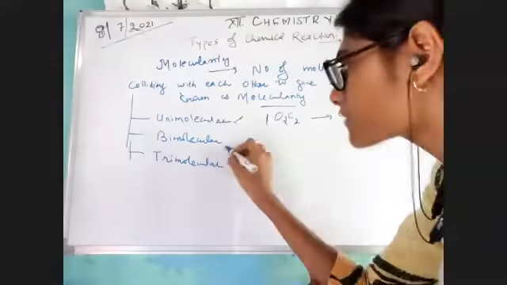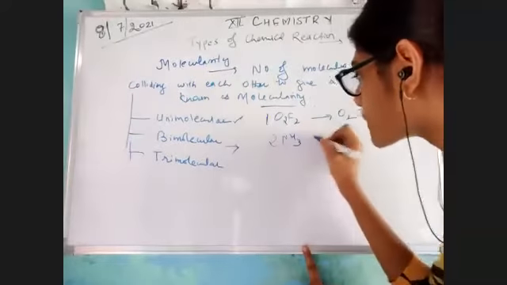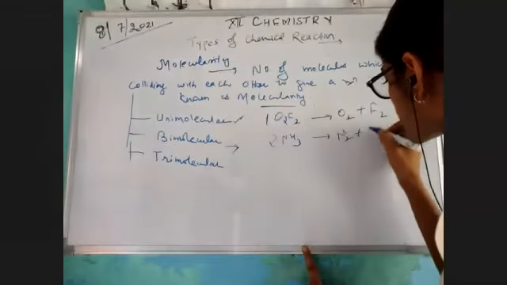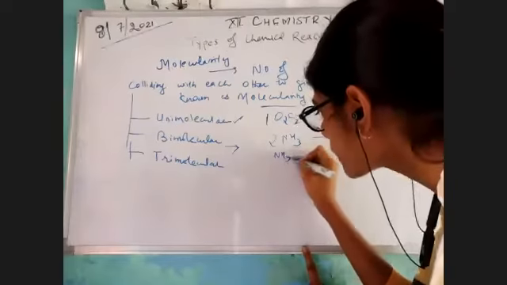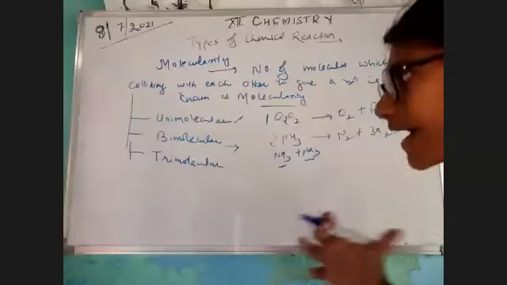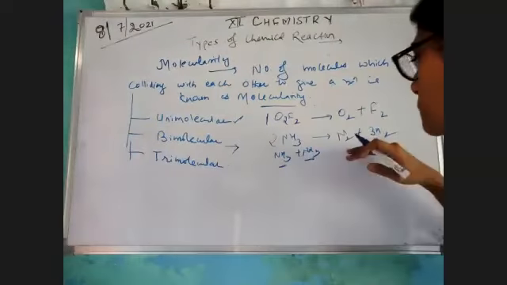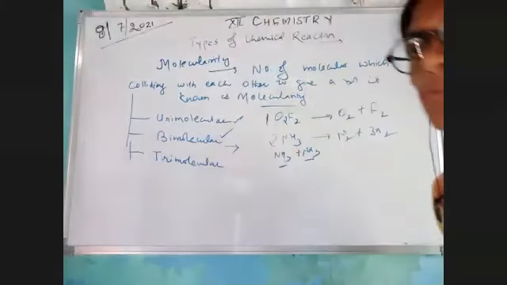Same as it is, if I'm taking an example of bimolecular, I'm saying 2 moles of ammonia are getting decomposed to make N2 plus H2. That means ammonia plus ammonia. These two molecules are colliding with each other so that they would make different types of products. Hence, the reaction is said to be bimolecular.